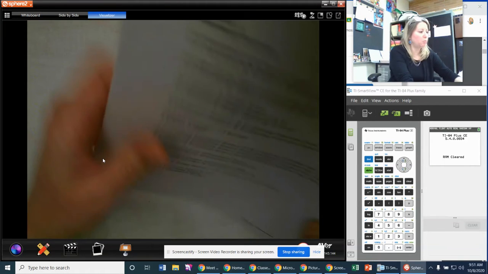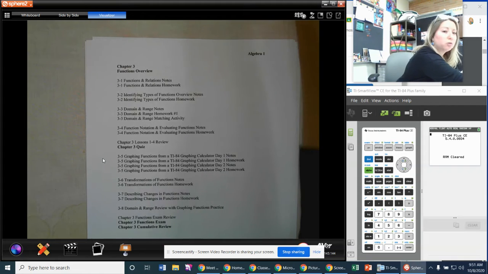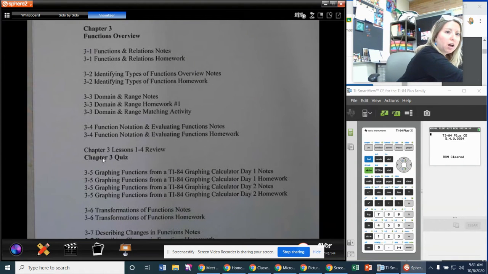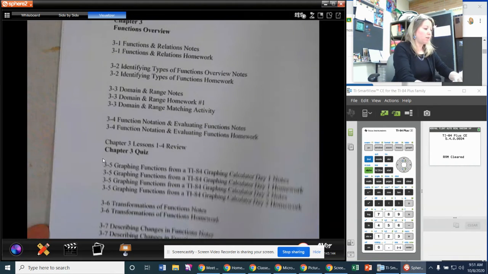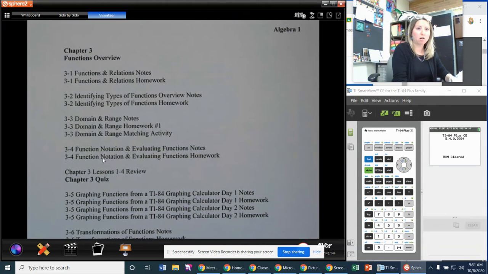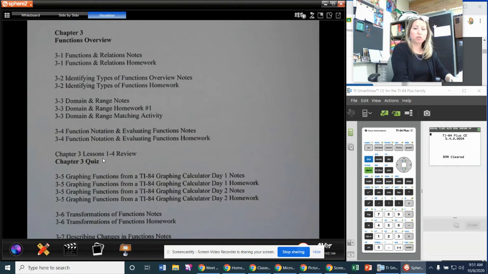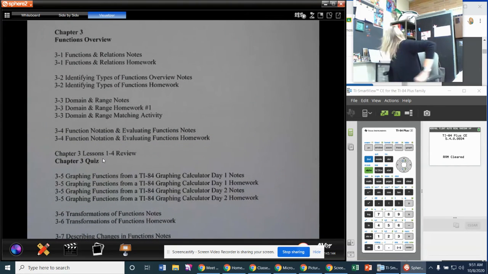Algebras, and we are starting chapter 3. Because we are starting chapter 3, I just want to give you a quick overview of our functions chapter. We're going to be talking all about basic function work. We're going to start with, let me just say,